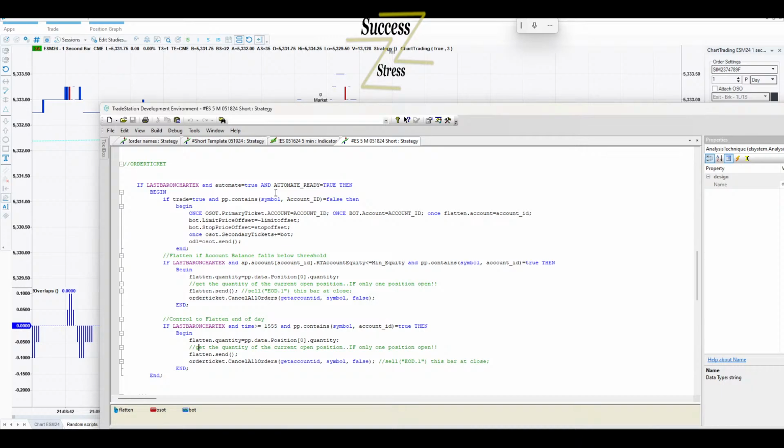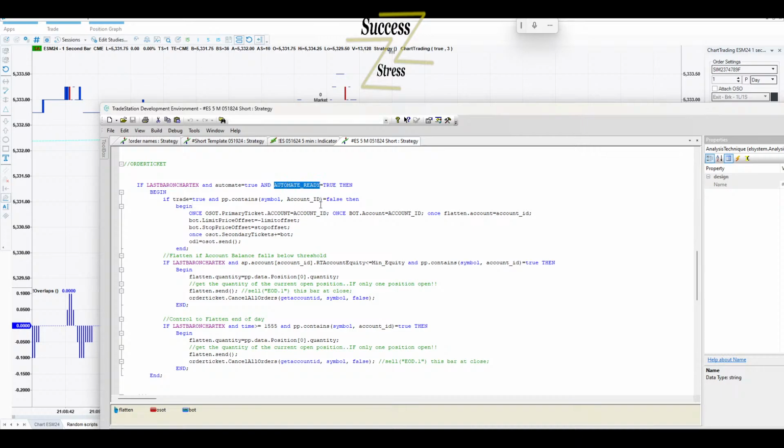But the way that I'm trading, I don't want it to take a trade prior to like 9:35 or so, and I don't want it to trade too close toward the end of the day, because then I'm trying to get out of the position. So I don't want to take a trade after a certain time. Well, that time is set up in here.